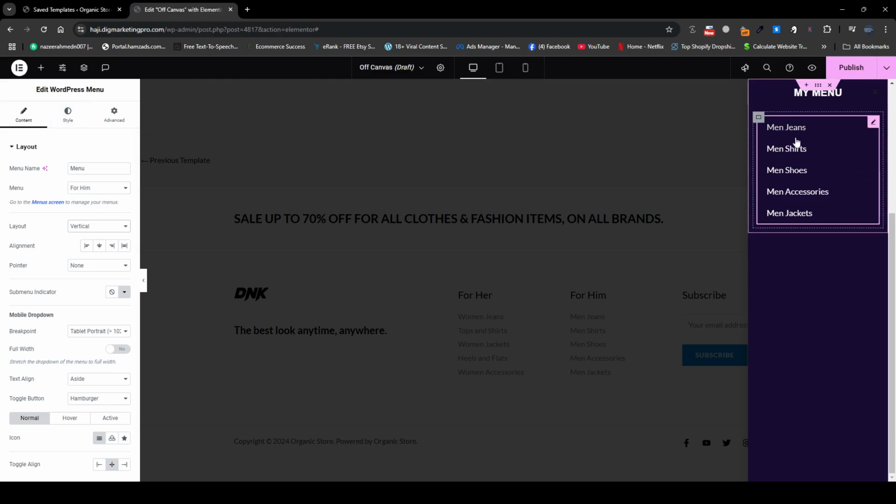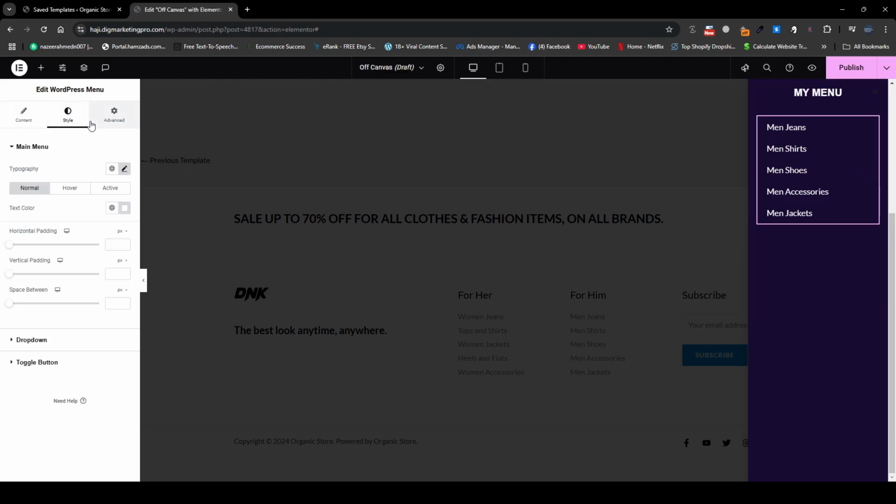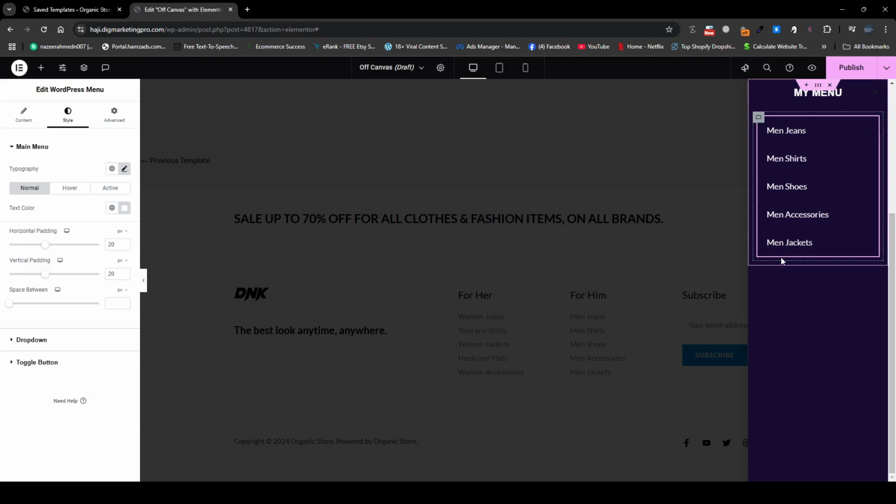Okay. Now let me go back to the style tab here: active, hover, horizontal padding, vertical padding. Let me give it a little bit of horizontal padding from here. I think 20 is quite good here. In the vertical padding, let me make it 20 as well. Space between, I think it's looking quite good now.